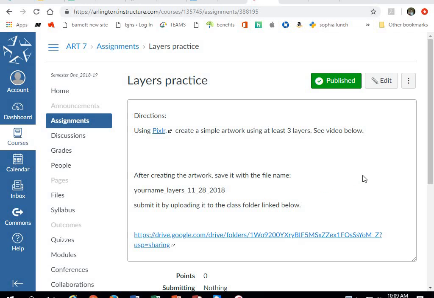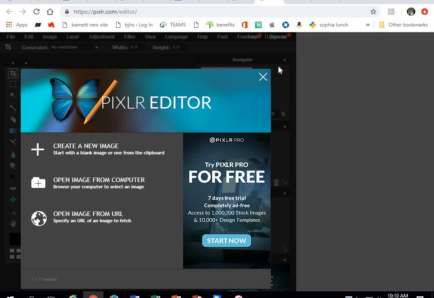This video is going to show you how to create a simple artwork using at least 3 layers and then submit the artwork to the class folder for me to grade. So the first thing we're going to do is read the assignment. You'll go to Canvas, hopefully you're already there, and then you can use this to link straight to Pixlr, and it will bring up the editor for you